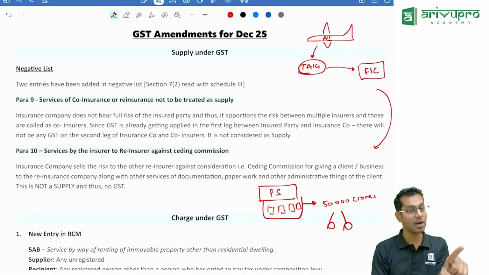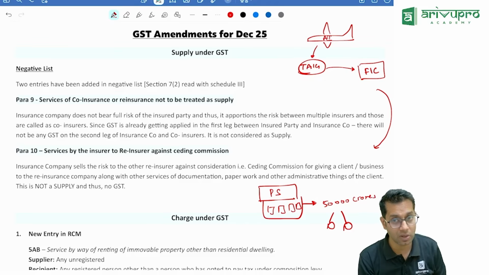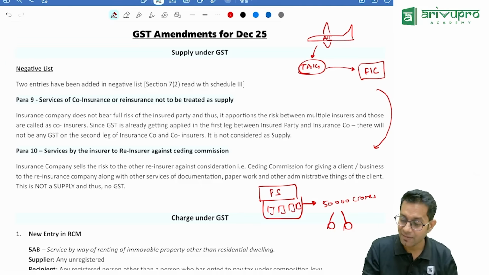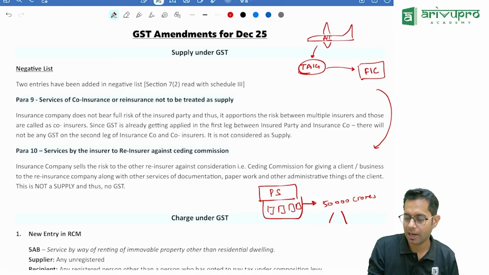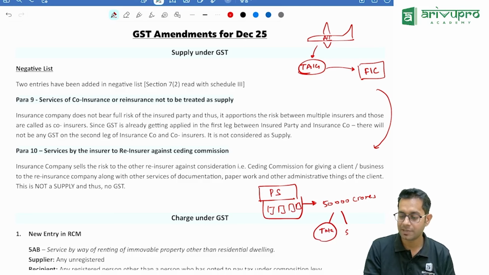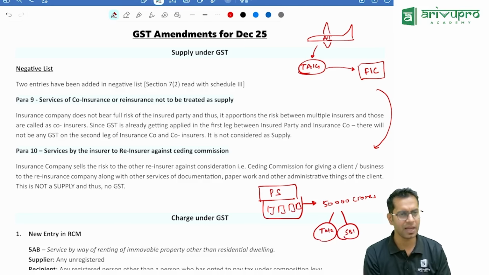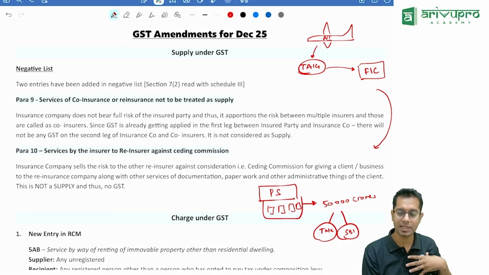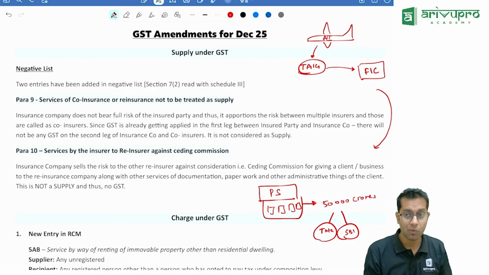So for one company to take a risk of 50,000 crore is very huge. So what will that insurance company do? They will share their risk. Let us say I had asked Tata Group to do an insurance. Tata would have approached SBI. Tata would have told SBI, see SBI, for me this is a huge risk. If I take insurance, it is a huge risk for me. Why don't you become co-insurer?